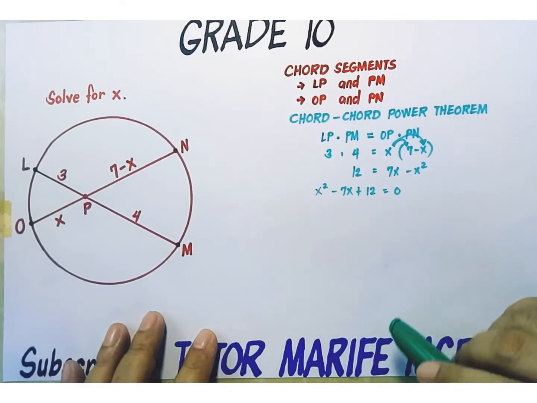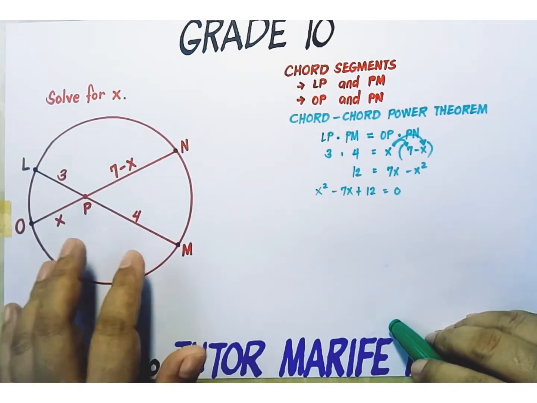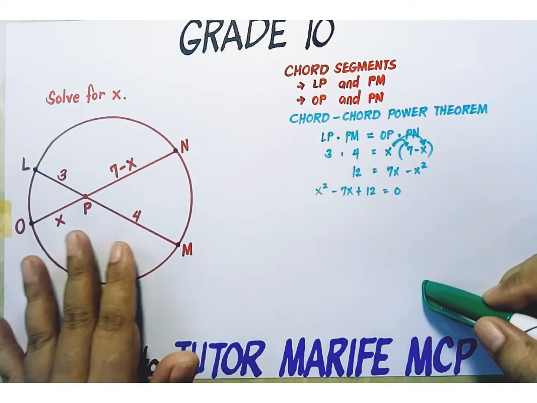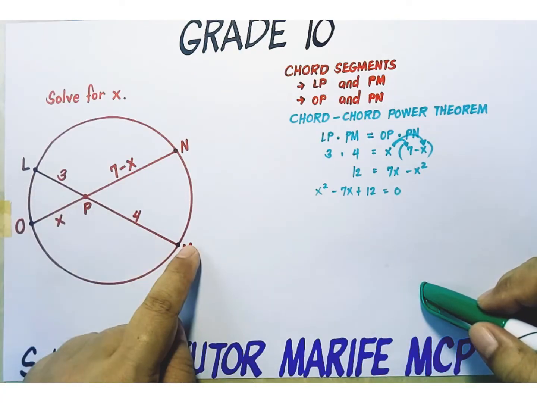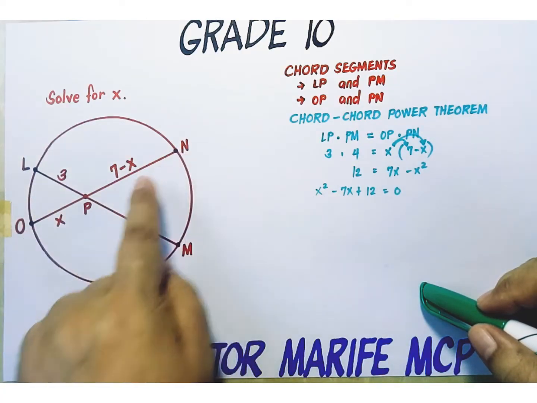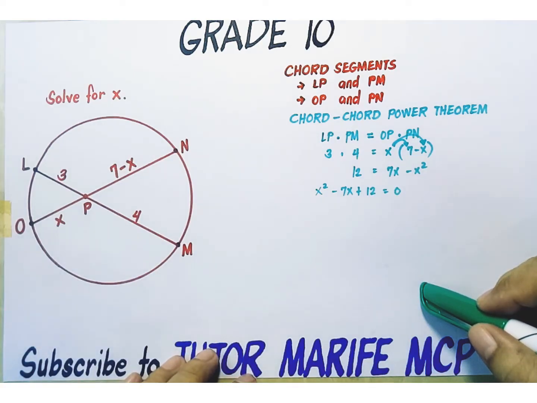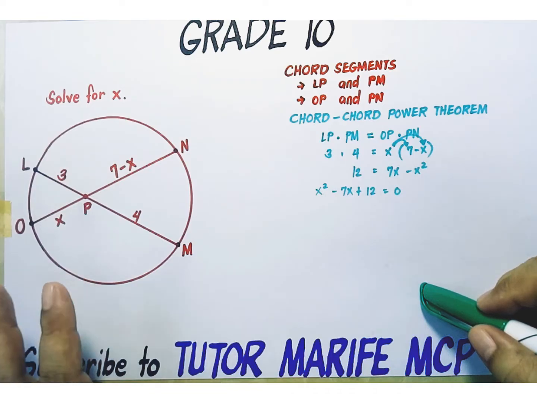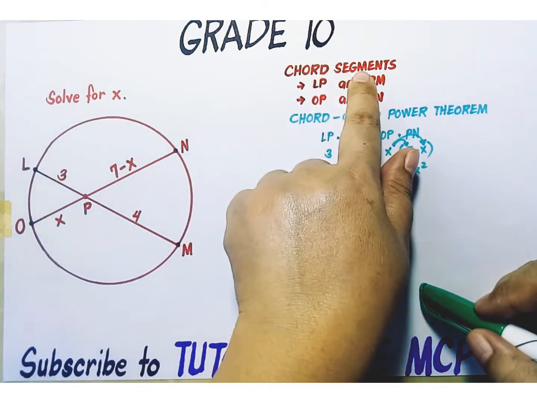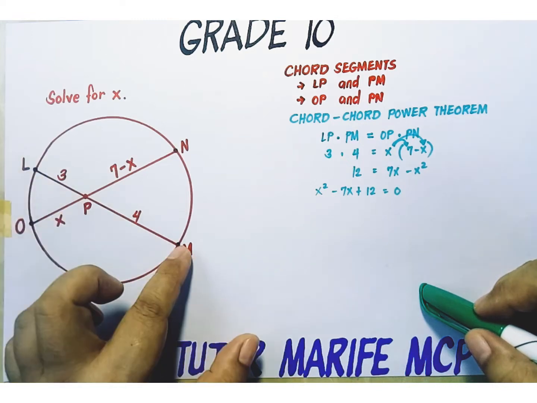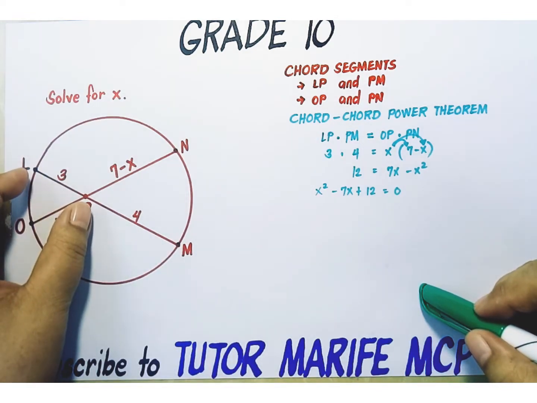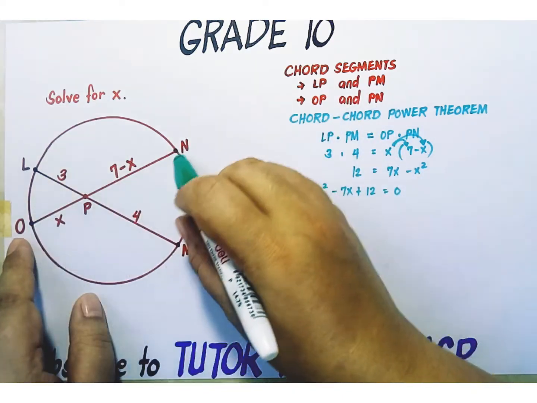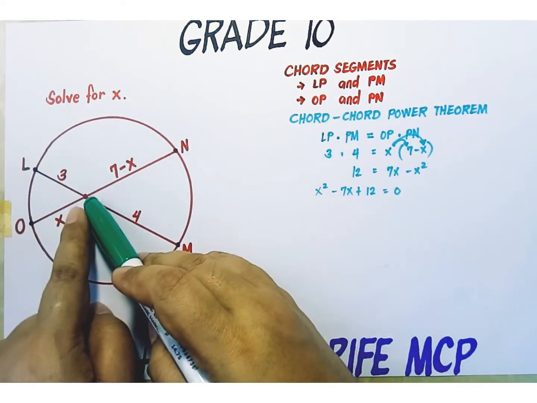Let's start with problem number 1. This is the given figure. As you can see, we have two intersecting chords inside the circle. Chord LM intersects chord ON at point P. When two chords intersect inside a circle, each chord is divided into two segments, which are called chord segments. Chord LM is divided into chord segments LP and PM, while chord ON is divided into chord segments OP and